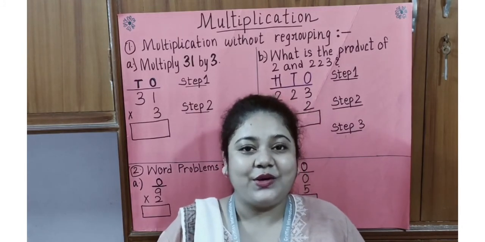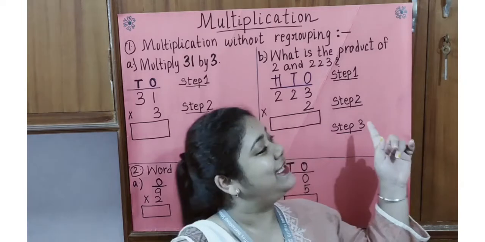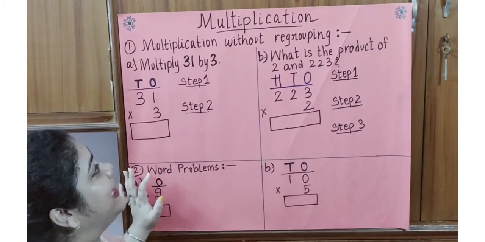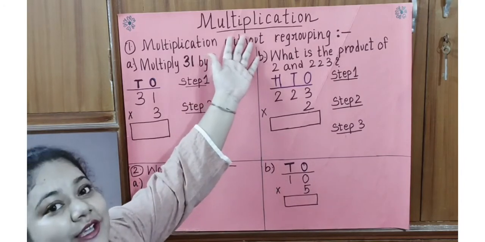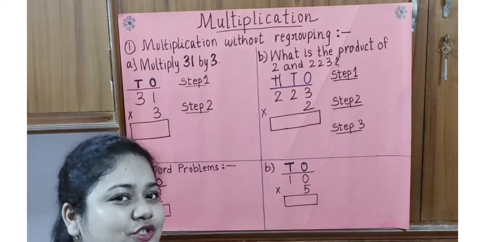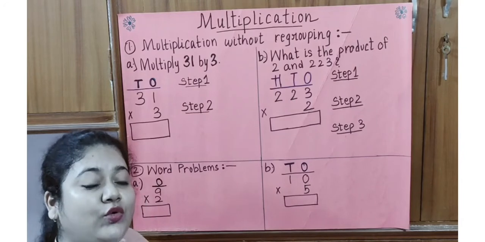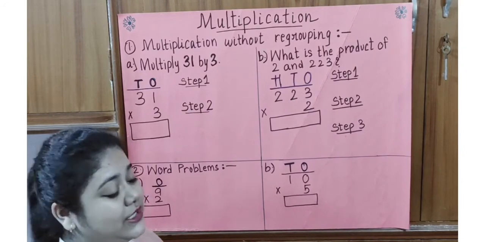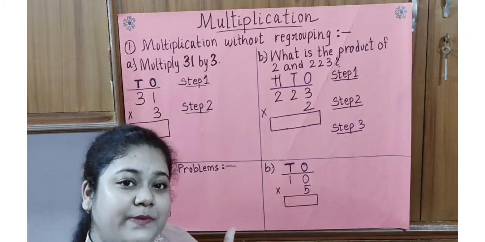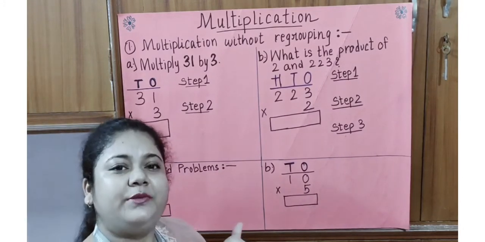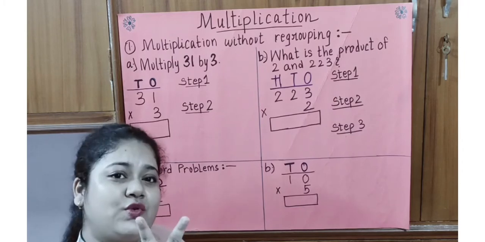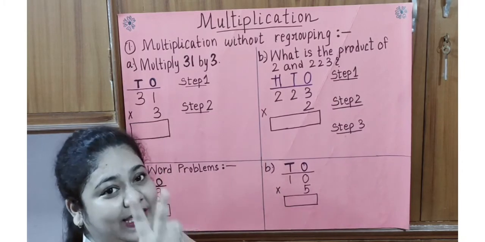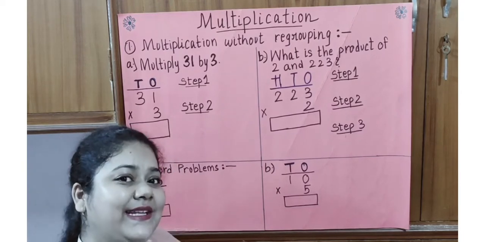Okay, so I hope you can see the chart over here that I have already prepared for you all. That is about multiplication. In your earlier videos, you have already learned a little bit about multiplication, right? You have learned how to show multiplication. You have learned about the multiplication facts of 2, 5, 10, 3 and 4, right?